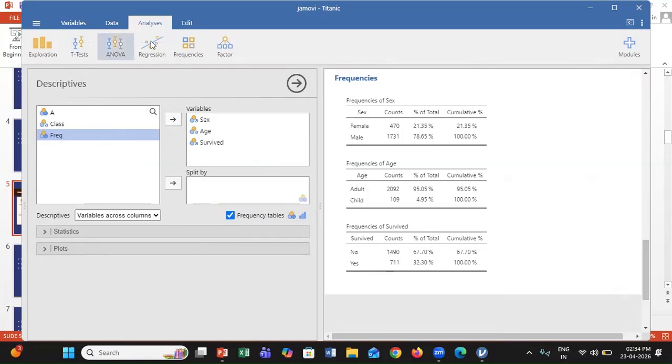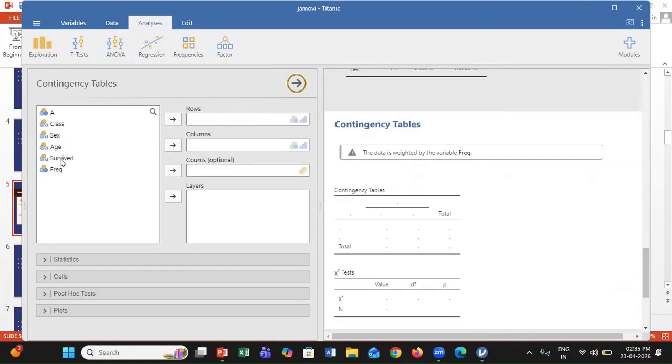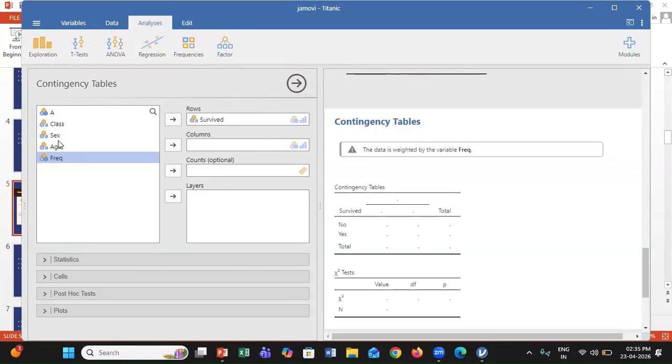Now let me take you to one more example where I'm creating a cross tab. I'm taking survived as rows, gender or sex as columns.